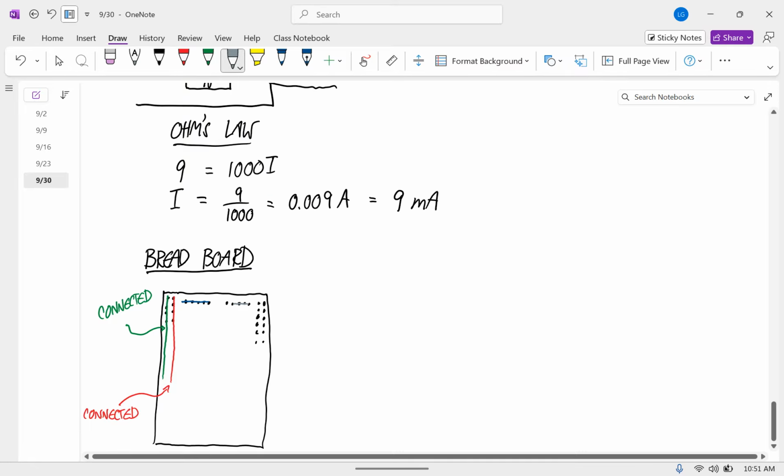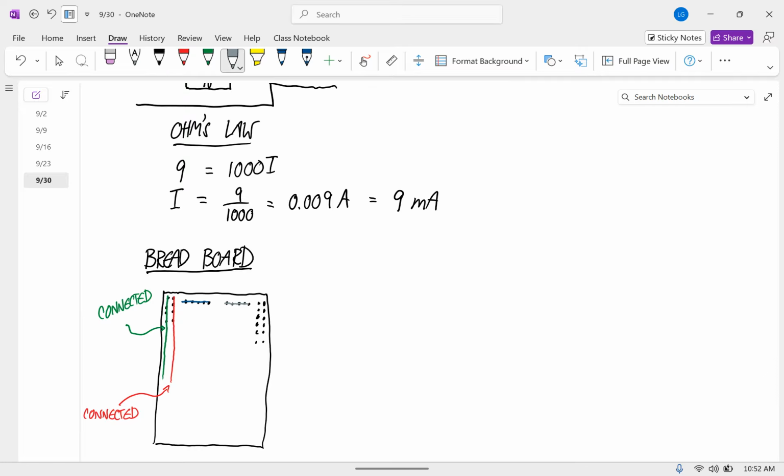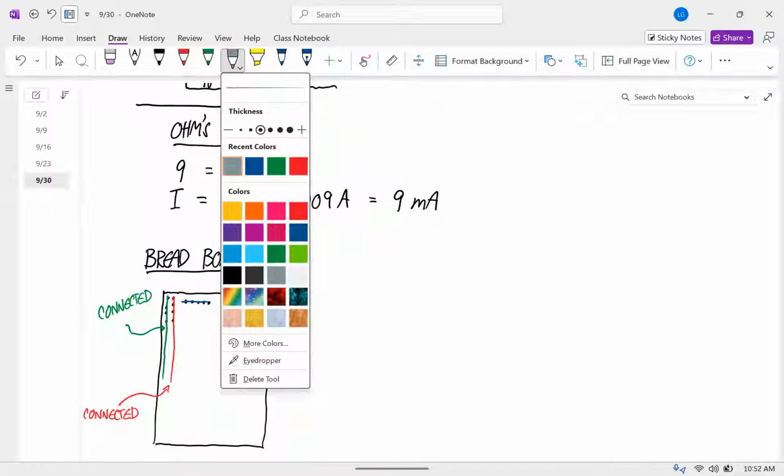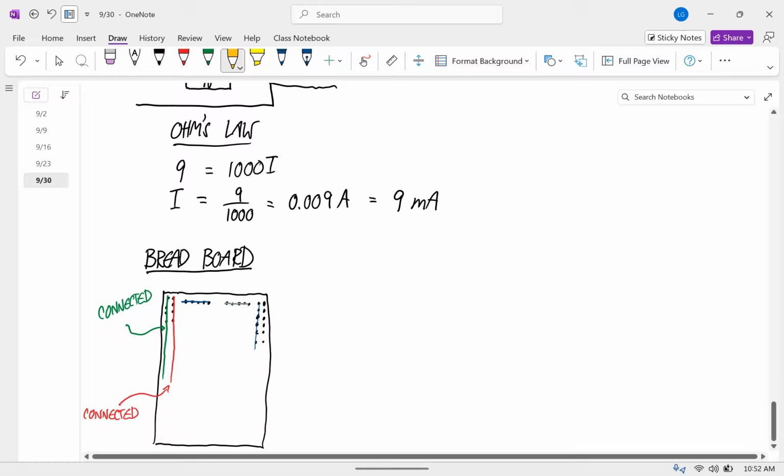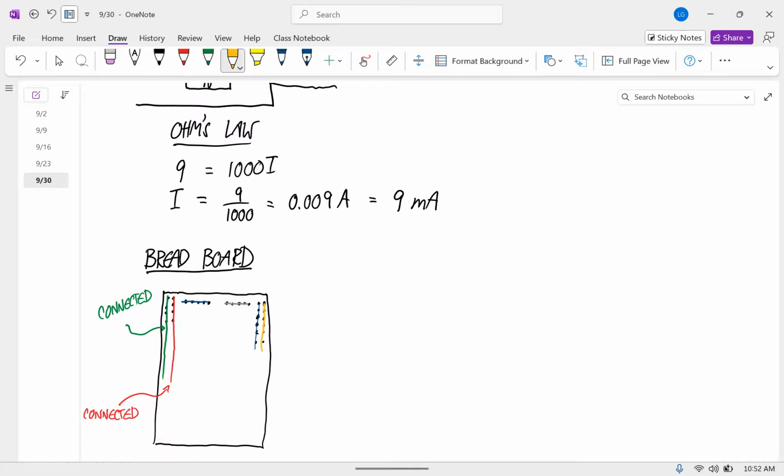These 5 are connected. These 5 are connected. And actually I said 5, but on the ones on the columns, they're connected all the way down. Over here, only these 5 are connected. But the idea is then, so let me show you what it would look like